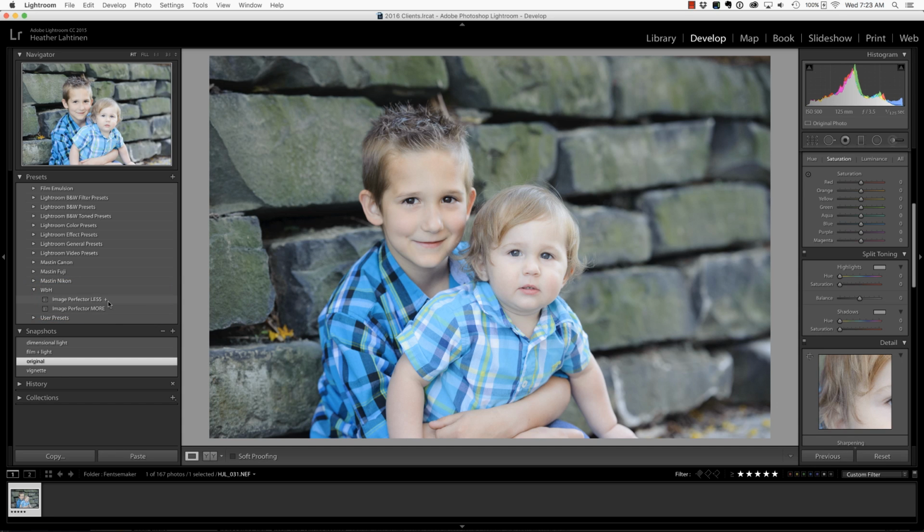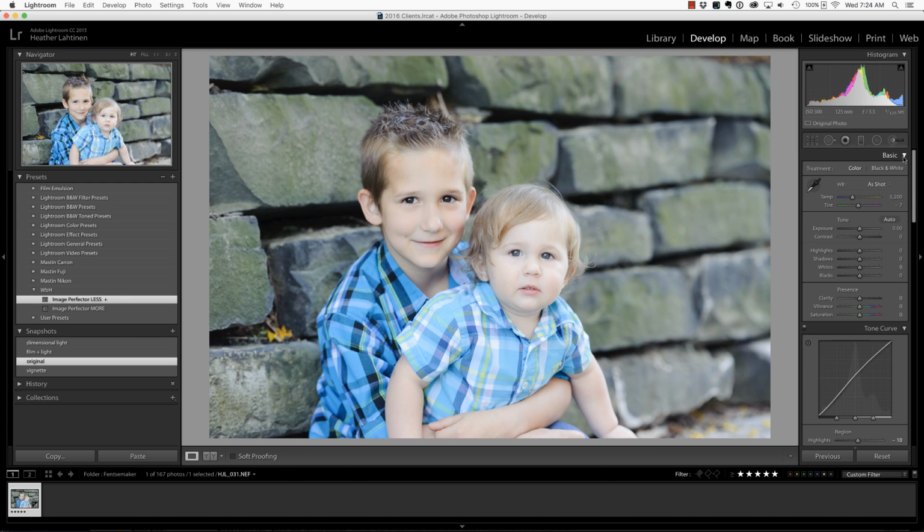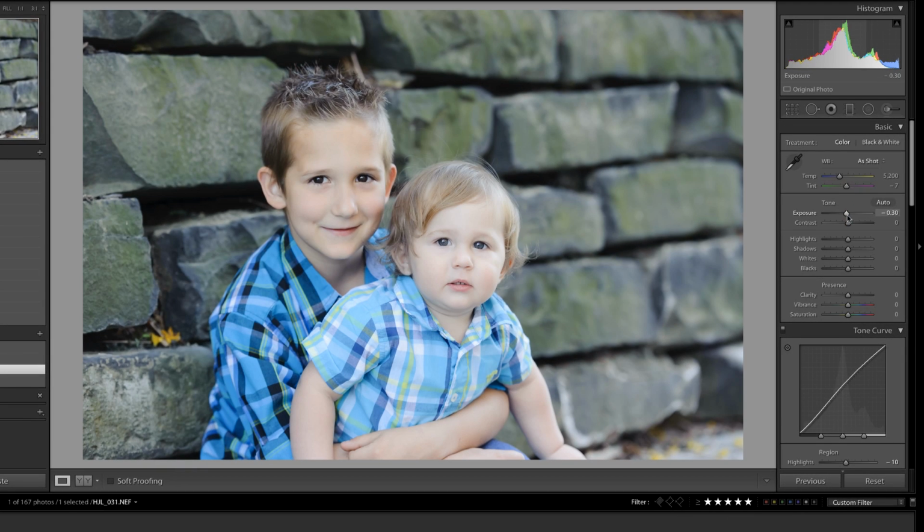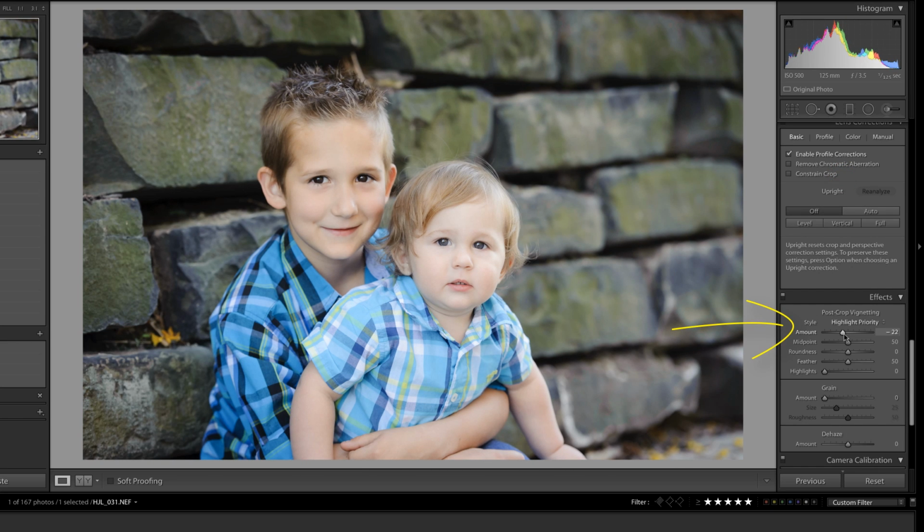I actually apply it upon import to all of my photos, so I'm going to start with that. It applies lens correction, adds a tone curve to improve contrast, reduces noise no matter what the ISO, and sharpens. And I think I'll just pull down on the exposure a little bit and warm up the overall image according to my style. And in addition to adding a slight vignette via the effects panel,